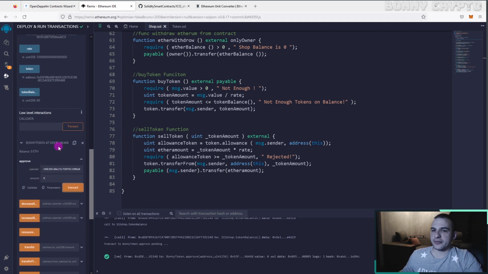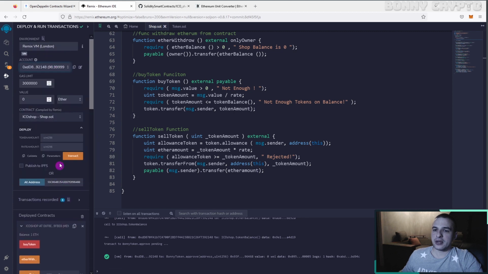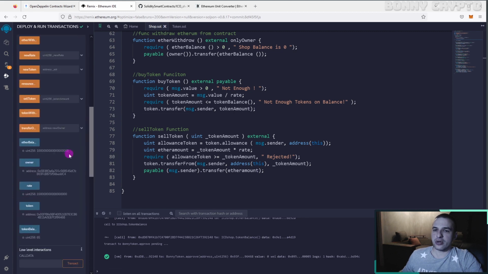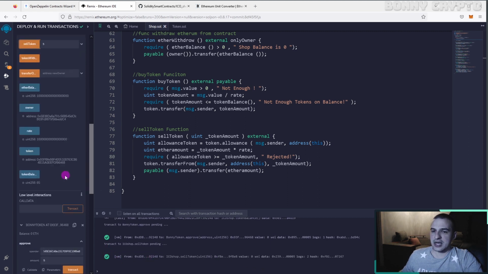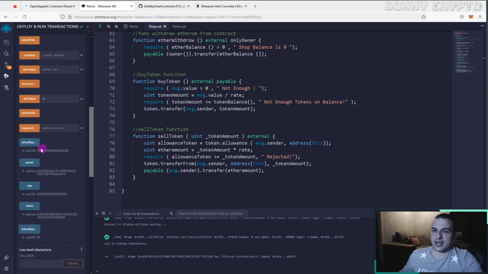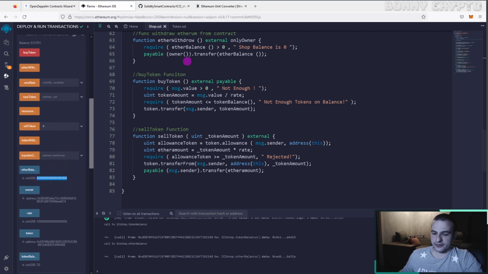Make transaction, and now our buyer can sell 5 tokens. We find the sell token function, put 5 and click sell. Transaction is done. Now our balance is 70, before it was 65, and now